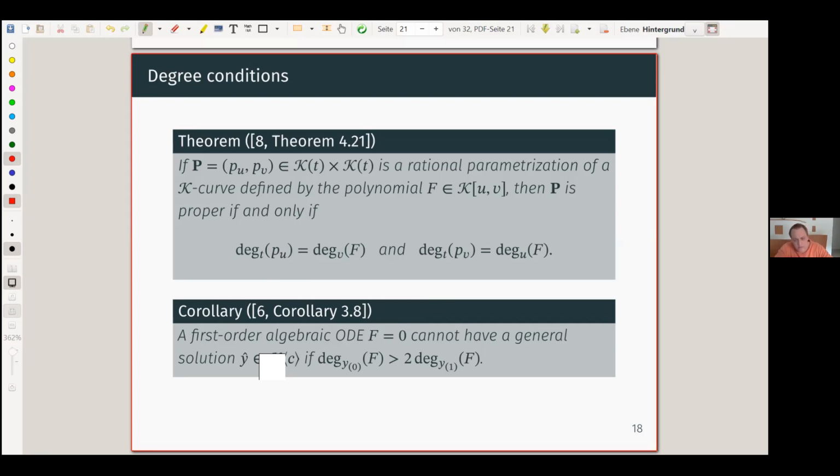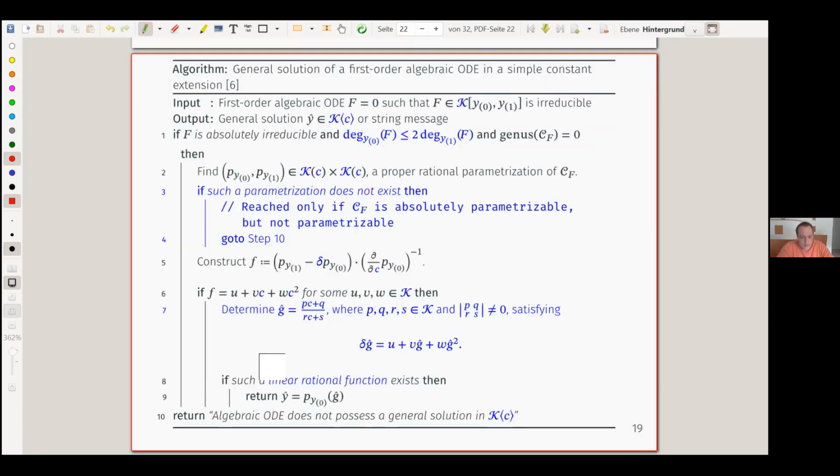If your differential polynomial has degree in Y which is strictly greater than 2 times the degree of your defining polynomial in delta Y. And by this, I come to the algorithm. And as I promised, this algorithm, if you take now all together, which I've said and a bit more,